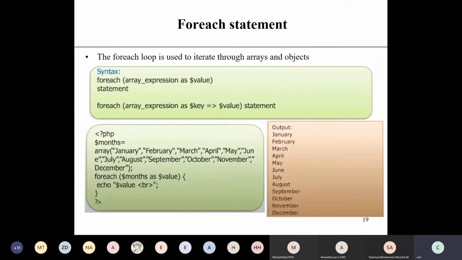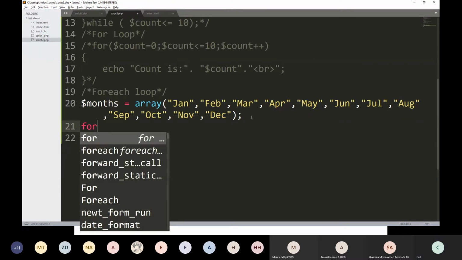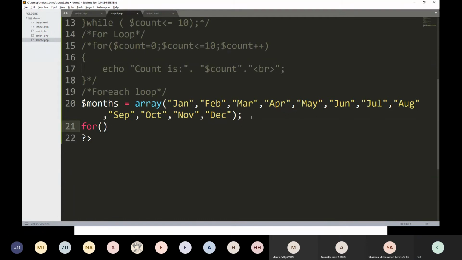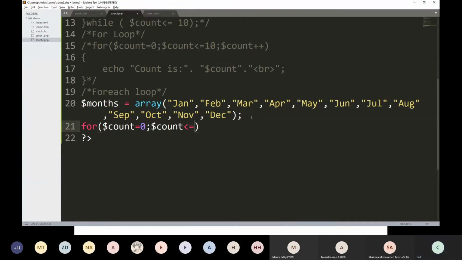First we will see using the for loop. How can we print? For dollar count equal to 0, dollar count less than 12, or less than or equal to 11, because I am starting from 0.